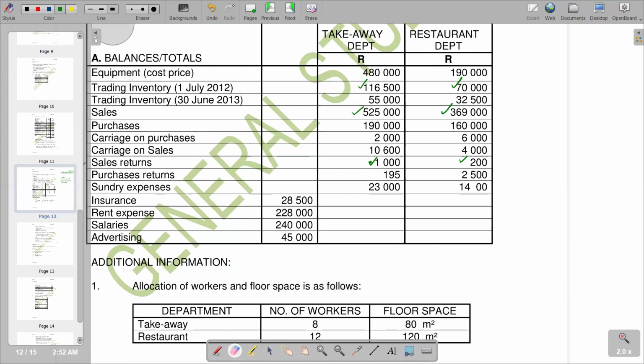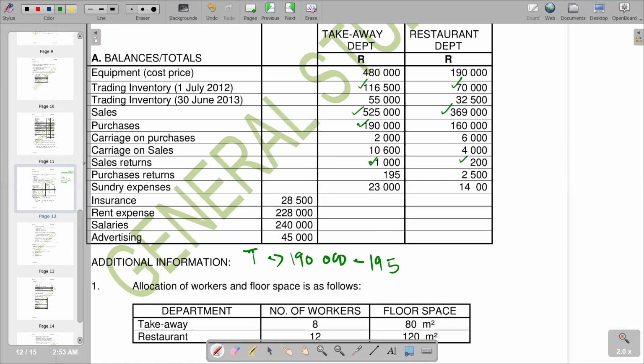So on the calculation of purchases, we start with the takeaway department. The figure that we have for total purchases is 190,000. We say 190,000. Subtract the purchase returns, 195, which is our 195. So this is what we have. And then